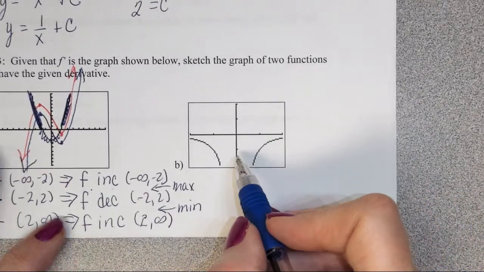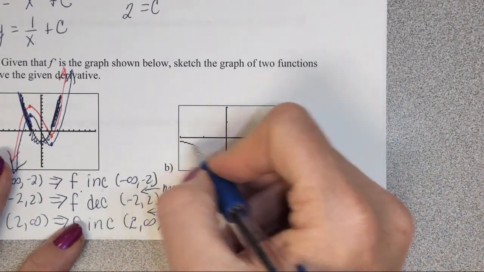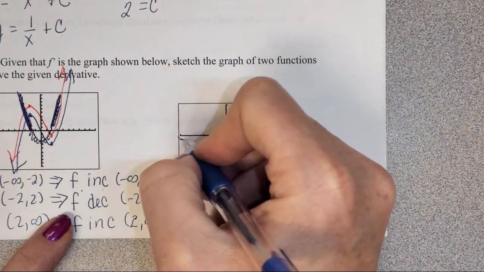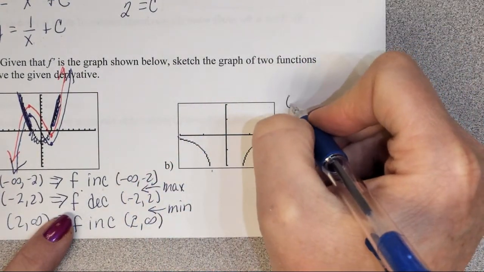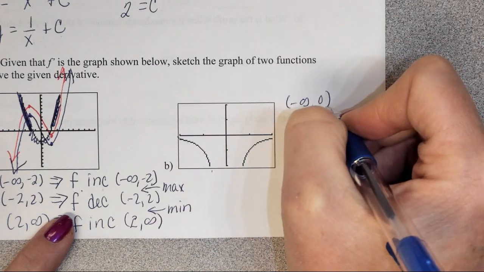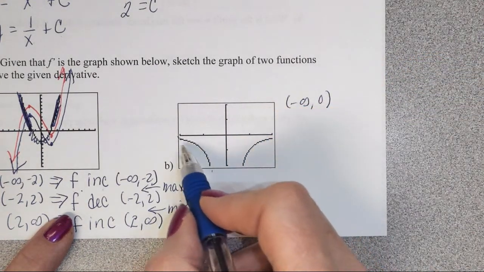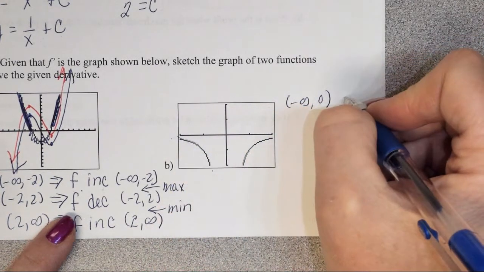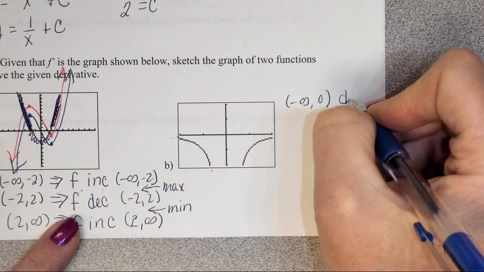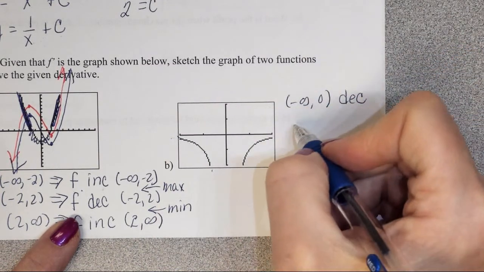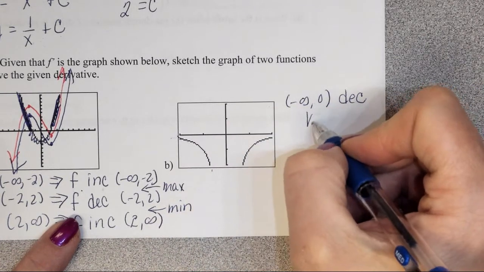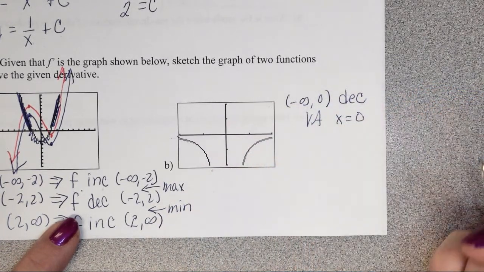All right, looking over here now. This is the graph of f prime. So these values are negative. So from negative infinity to 0, what would I know about the original function if these are negative? It had to be decreasing, right? Then I know I have a vertical asymptote at x equals 0, so I'm going to have one